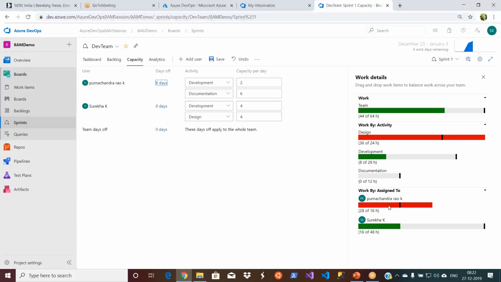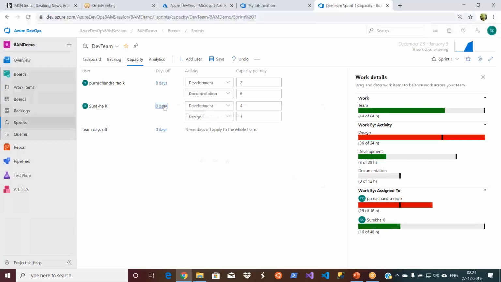So we have assigned one product backlog item to him, right? That is 16 hours of work. Okay. And you see that design activity also went into red actually. So how many hours are required for design activity? 36 hours. Say 2 hours per day we added, but we still have, if I calculate, this guy is off for 8 days and only 2 days available. In the 2 days, he will not do any design activities. So forget about him. And take this person, the second person. She has 10 days, that means 40 hours. Okay.